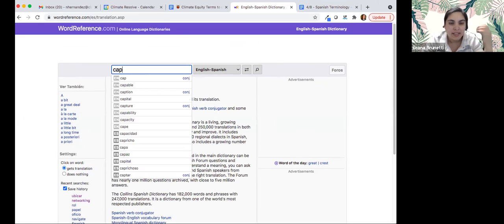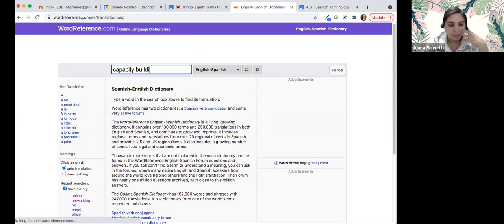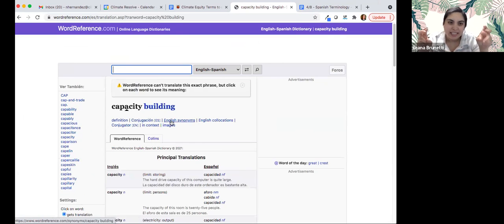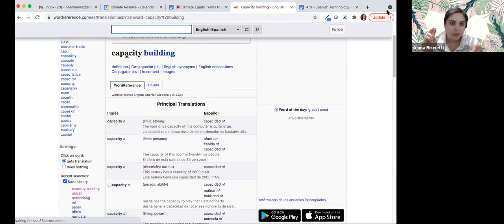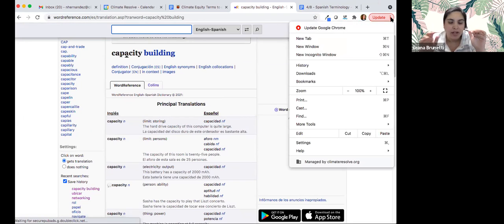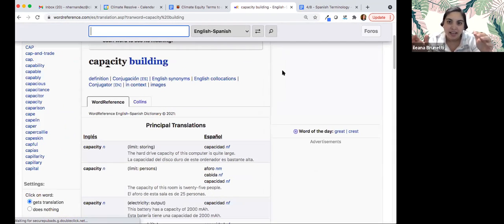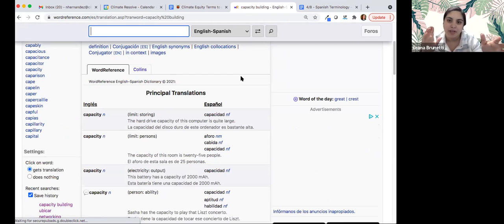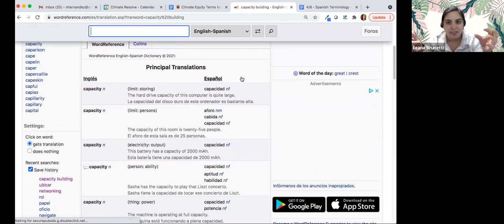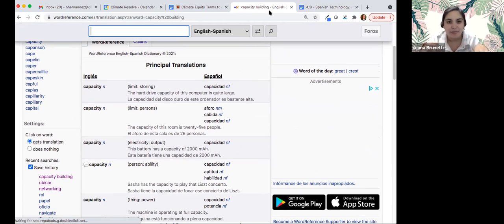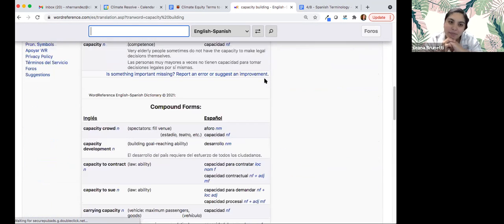And I like it because in the themes, if you have colloquialisms or phrases, oftentimes you can go down to the bottom and they'll have professional translators weighing in and discussing the pros and cons of how to phrase something. So I feel like not only do I get the definition, but I also get the